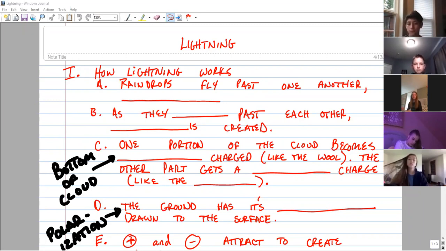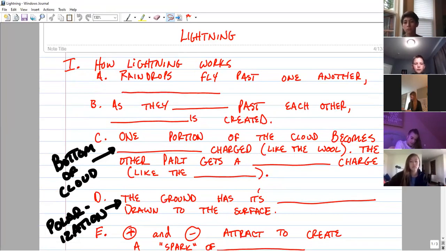So as we transition to letter D, we're going to get that key vocabulary term again, split up here, but it's the word polarization. The ground has had nothing done to it. All the action is going on in the cloud that's above the ground. But the ground starts to have its positives drawn to the surface and its negatives repelled. So anytime we attract an opposite and repel a like charge, we use this word polarized. We say the ground becomes polarized